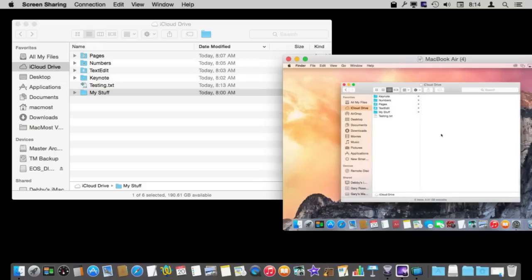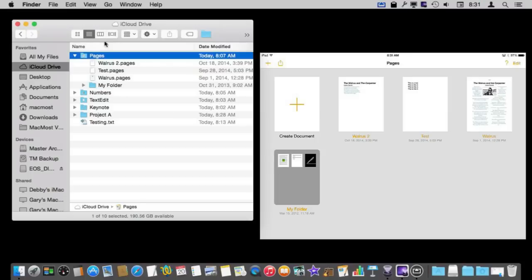So I've got that now added automatically, and you can see these two folders, these two iCloud Drive folders, which are the same folder, but this one exists on my local drive, this one is on another Mac. They will stay in sync. All the files are really in three places here. They're on my local desktop drive, then they automatically sync to the iCloud Drive server at Apple, and then they sync over to any other Macs that I've got that are using the same Apple ID and thus have the same shared iCloud Drive.